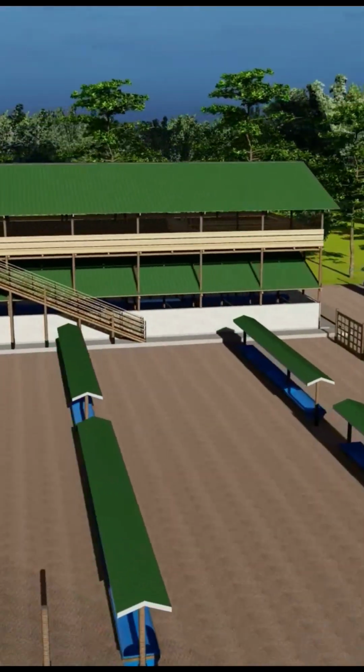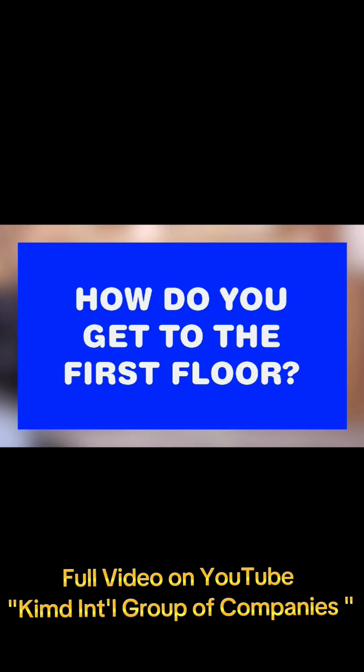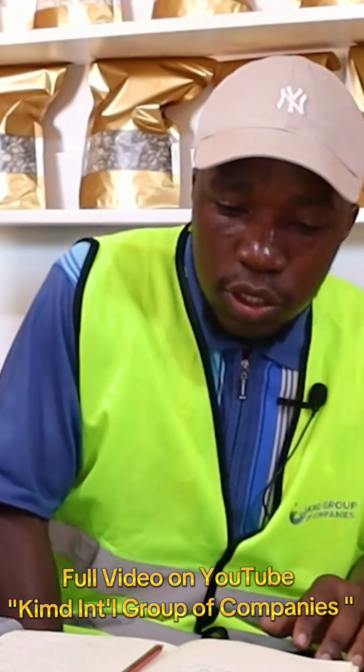As I mentioned, our structure is storied. Therefore, on the ground floor is where our cattle are, and then on the first floor we have our goats. This may be a bit surprising too, because there's a lot of questions. How do you get to the first floor, for example? How do you manage cleanliness? I've just talked about cleanliness and all those things. Just to take you a bit through